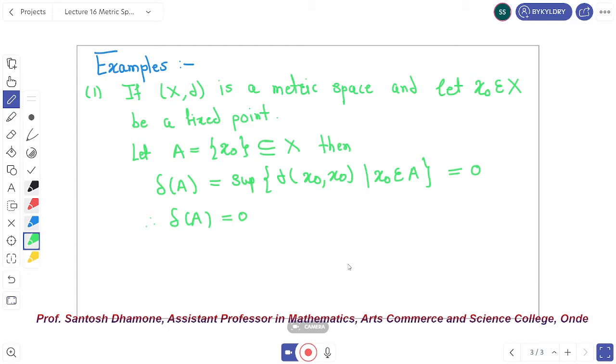Let capital A be the interval [a, b], a bounded interval. Then find delta A, the diameter of set A. Solution: